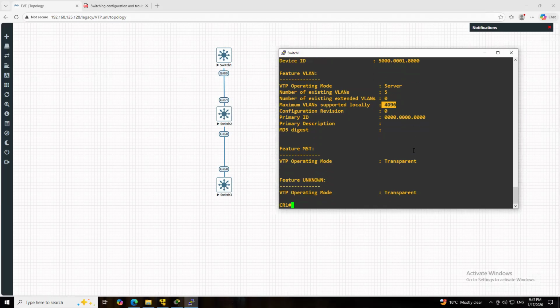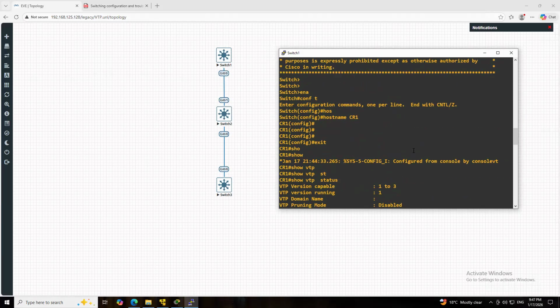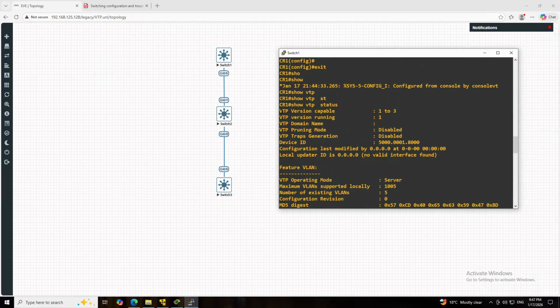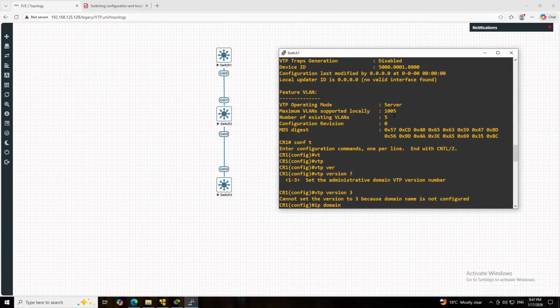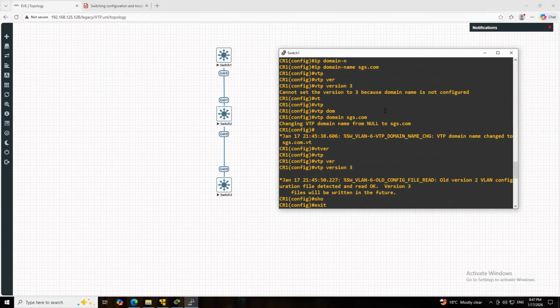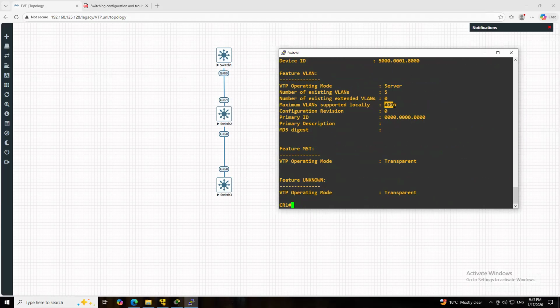Have you noticed that when I ran this command earlier, it was configured for VTP version 1, and there you see the maximum number of VLANs it can support was 1005. Now I can see 4096. So that is the main difference between VTP version 1 or 2 and VTP version 3.